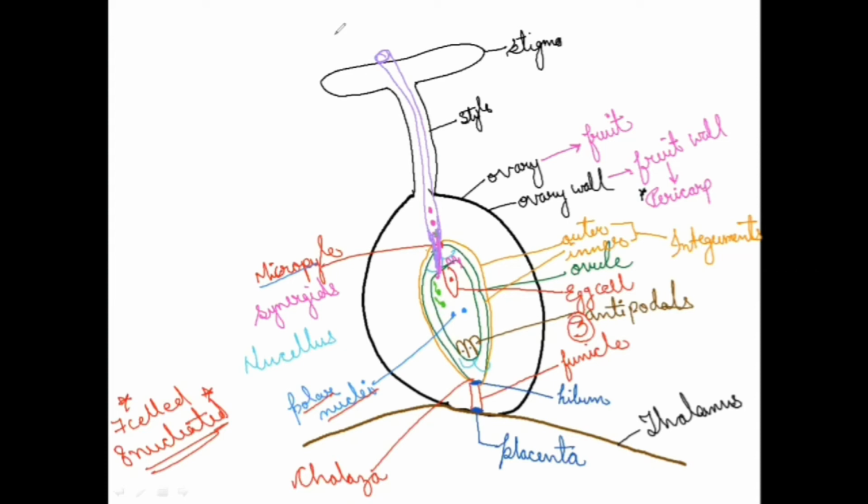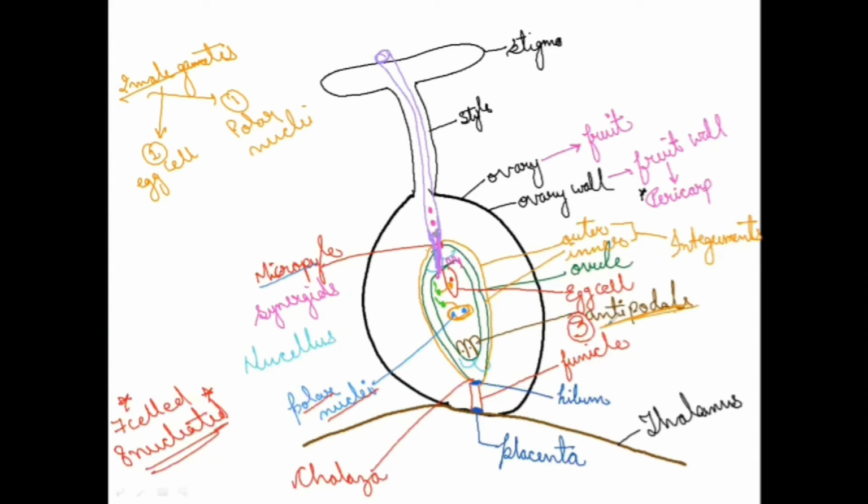Now, one of the two male gametes will get a chance to fertilize the egg cell, whereas the other one is going to meet the polar nuclei. This is one important point. Two male gametes are released by the pollen tube. Out of two, one will go to the egg cell and the other one will go to the polar nuclei. Clear? Now, what about these antipodals?